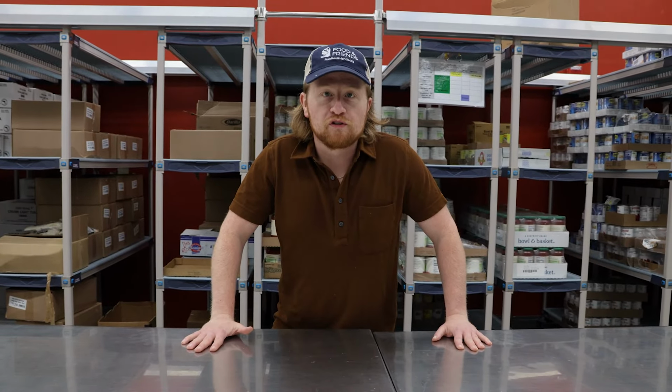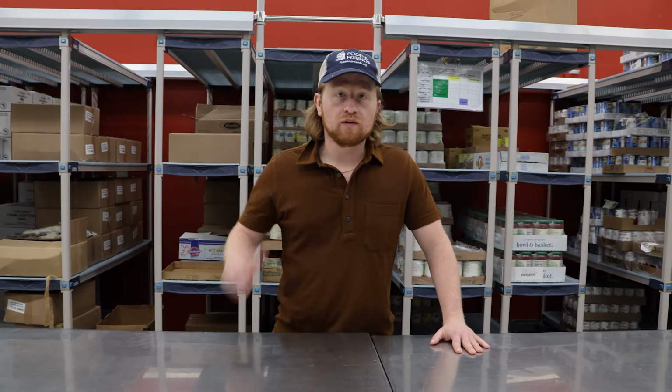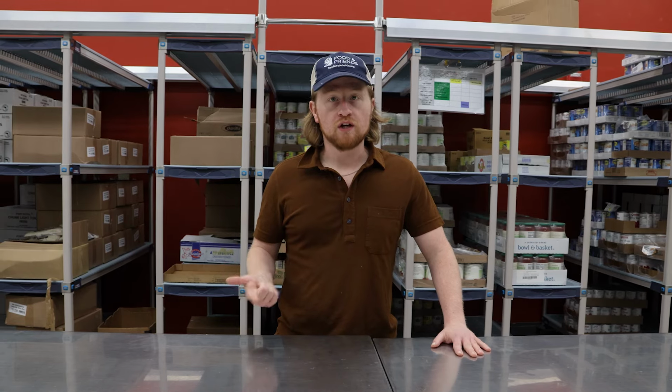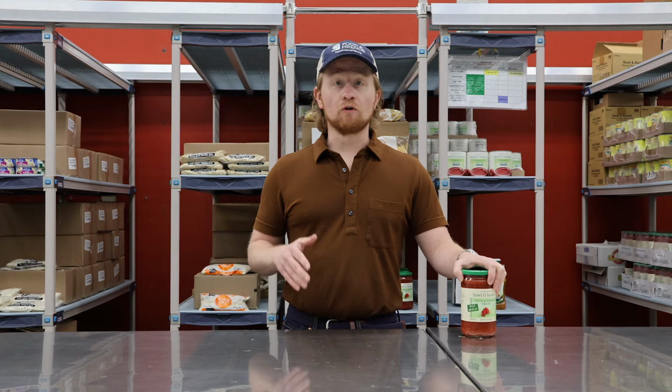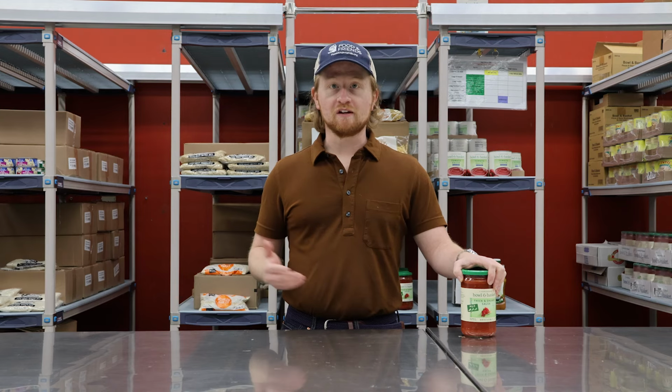and into the pantry, where we'll be talking about an overview of our medically tailored groceries program. We'll be talking about contents, proper storage, suggested uses, and ways to make these groceries go even further. But first I want to tell you why we send what we send. Let's get into it. So the reason that we say that our groceries are medically tailored is because they are